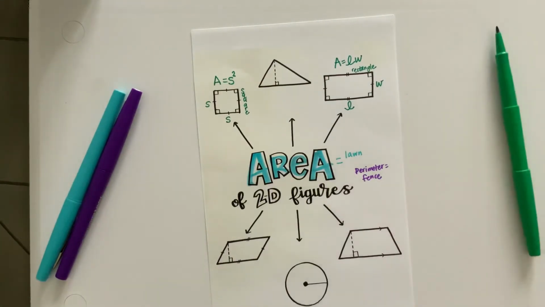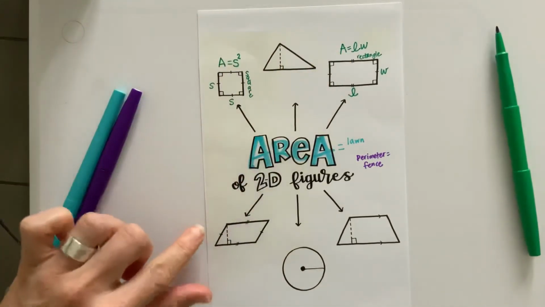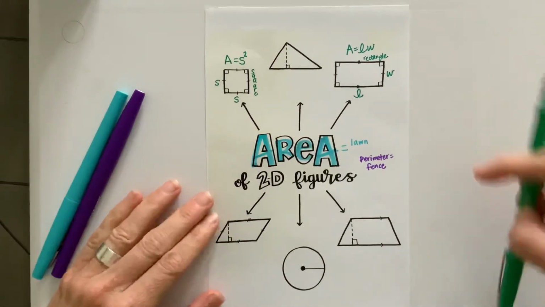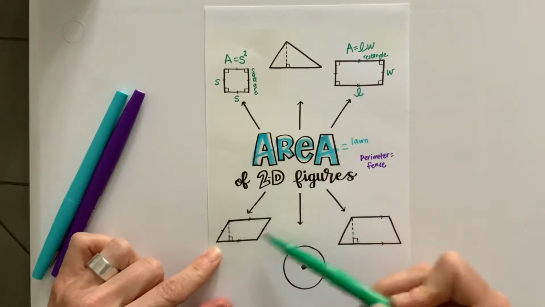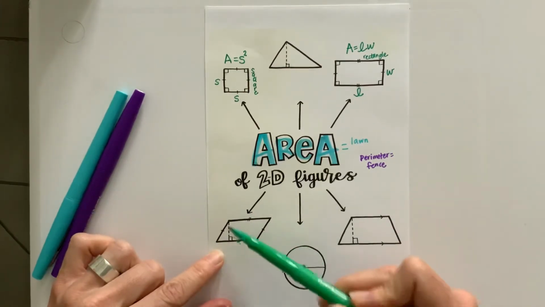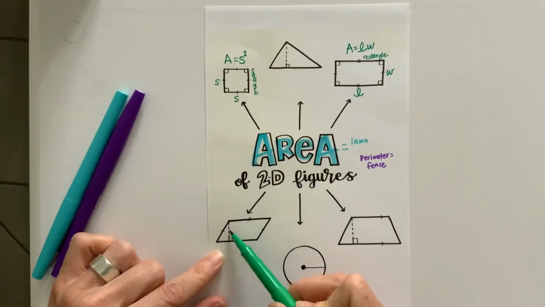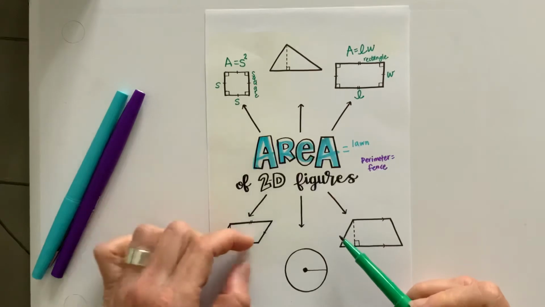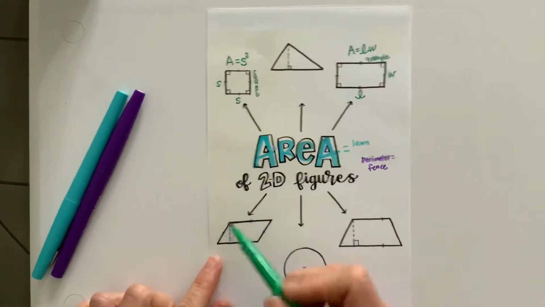All right, now we are going to use that same thinking to calculate the area of the parallelogram. So the formula for calculating the area of the parallelogram, if you remember from the inquiry, it's basically just rearranging the parallelogram into a rectangle. So this little bit here, imagine it like a puzzle piece that you've cut off and moved over there, and now you have just a regular old rectangle. So the parallelogram,